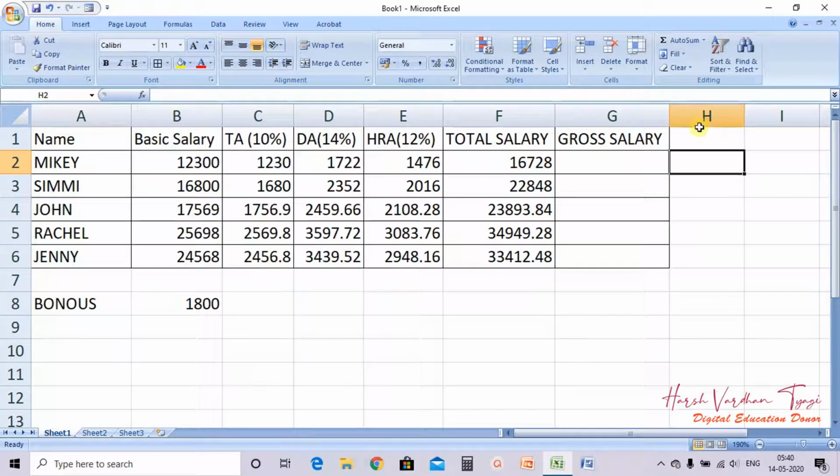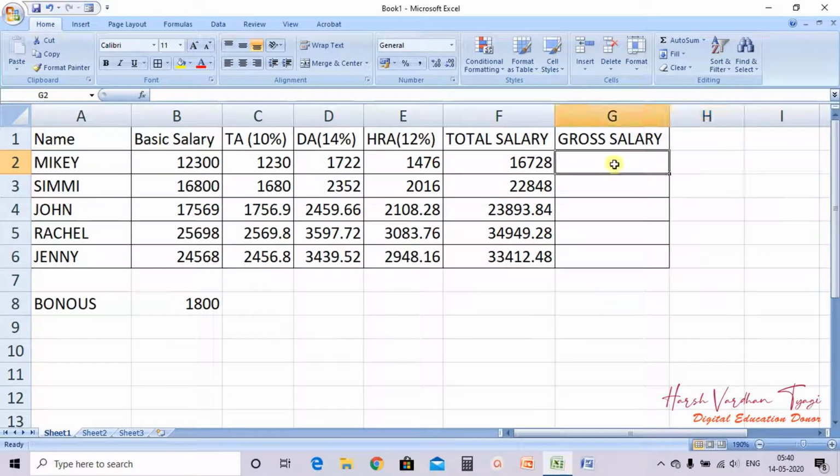So H is the column name and 2 is the row number. Out of these two, either the column will remain fixed, means it will continue with column H only, or the row number will remain fixed, it will continue with row number 2 only. Means the column will keep on changing and the row will remain fixed, or the row will keep on changing and the column will remain fixed.